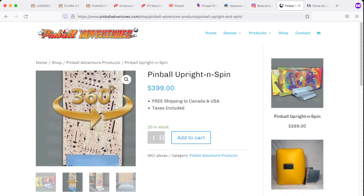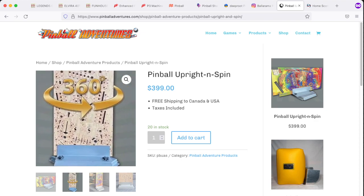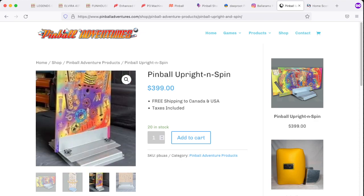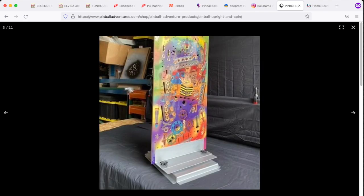But look at that. The part that's in there, you can't even work on because you wouldn't be able to put anything in there. Yeah, and also is the playfield protected? Is that going to damage it? You're going to scratch the shit out of the playfield there. And if it's up like that, isn't that going to make the playfield bow? It's bow, yeah. I don't know. I doubt that's